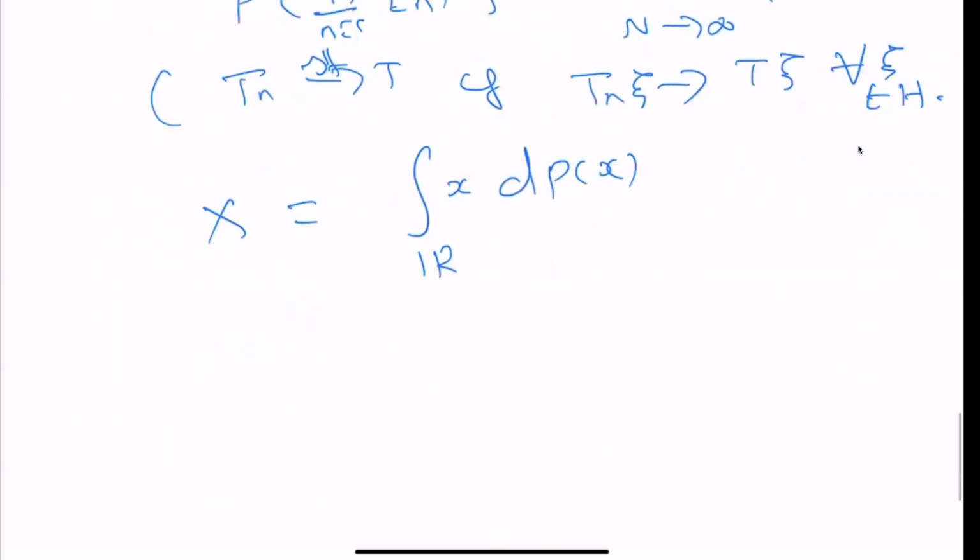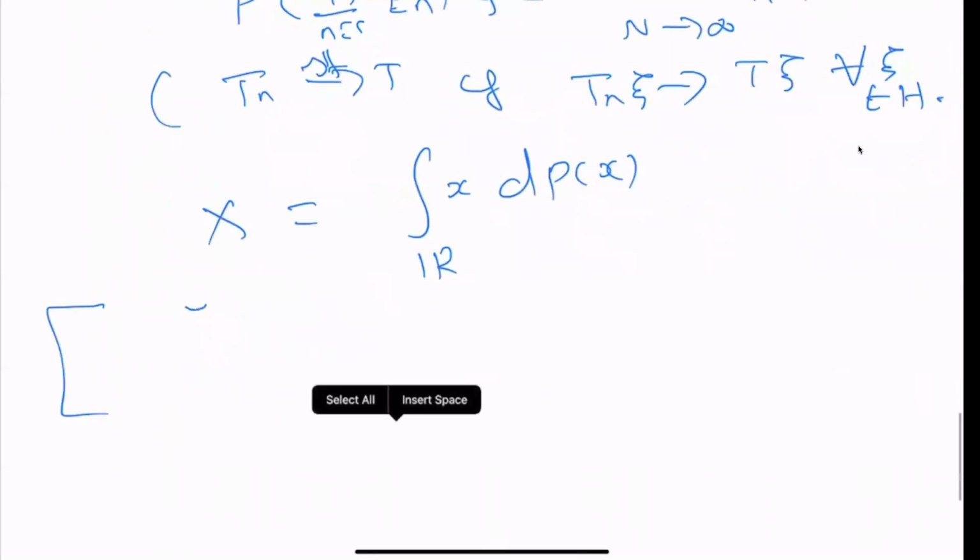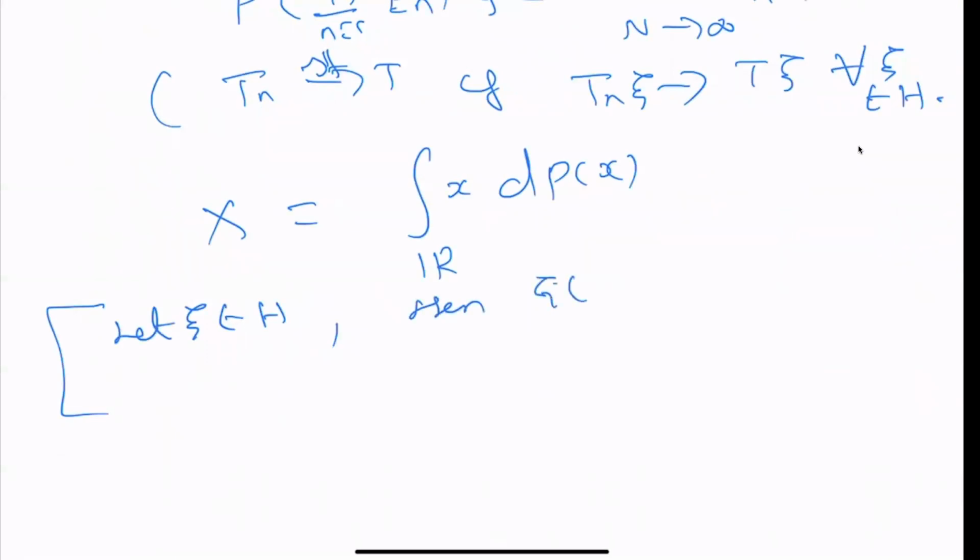This means the following. Let xi be in H. X is an unbounded operator. I'm just recalling what we did. Then xi is in the domain of X if